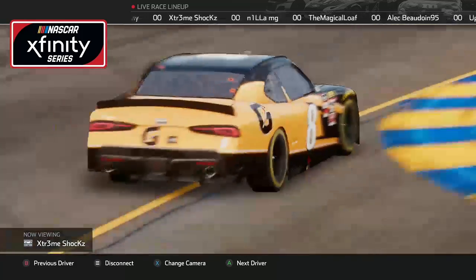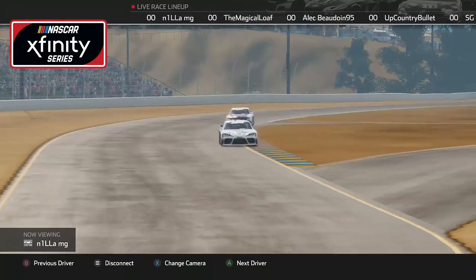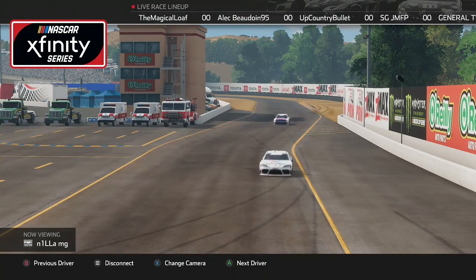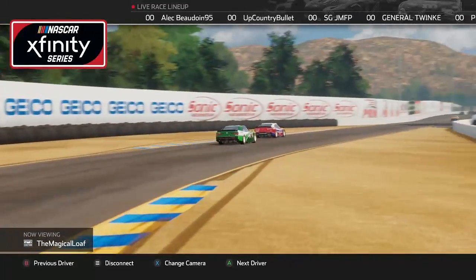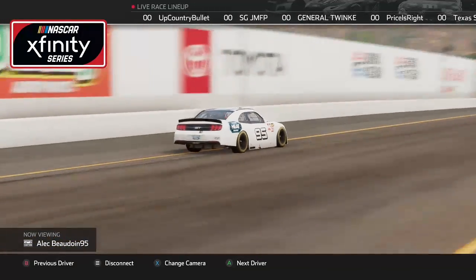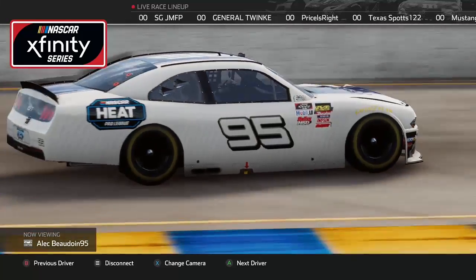For real, but the number 8 car is in the playoffs. He's already locked in with a win this season. Nilla's looking pretty good in the playoffs. He's not locked in, I don't think, but he's definitely a contender. Magical Loaf is definitely a contender. Alec has not really had a good season. Last week he finished in the top 5, which was his first top 5. That was at Daytona, but